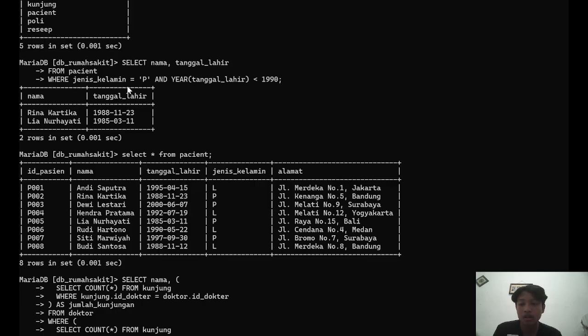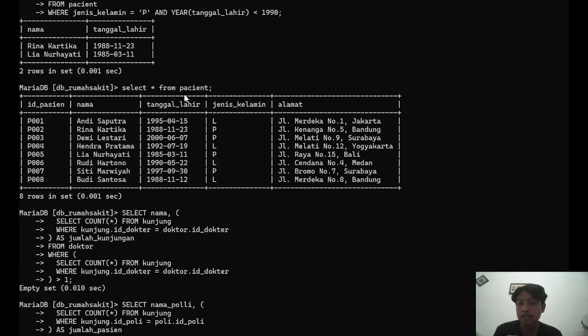So jenis_kelamin equals P. It filters for just women, and then the year of tanggal_lahir is used to make sure their birth year is less than 1990. This query helps if we want to study age-based medical trends.